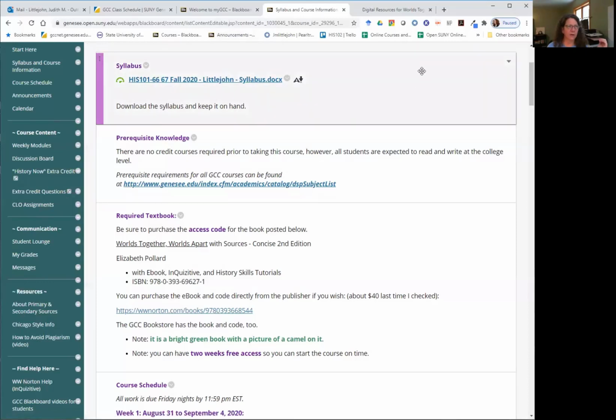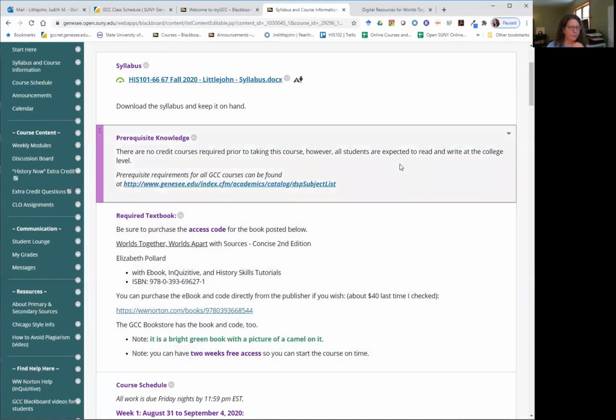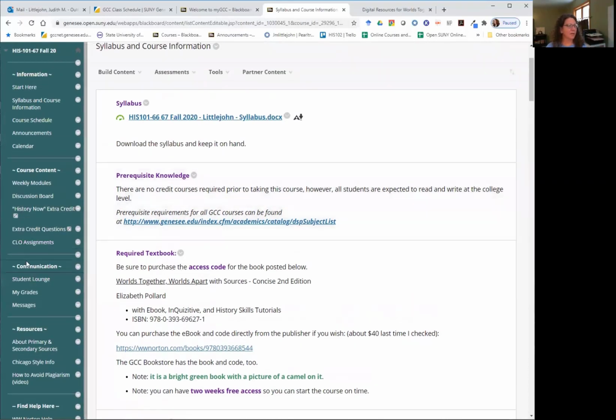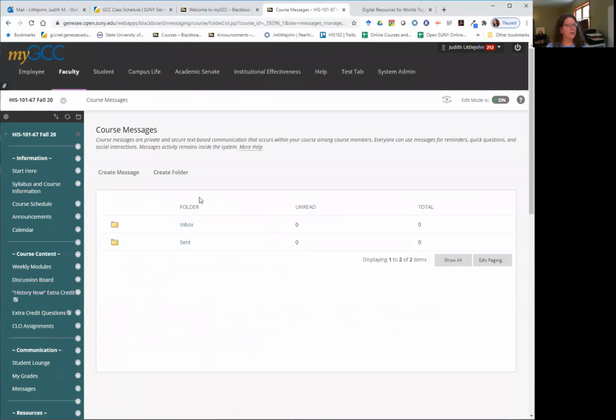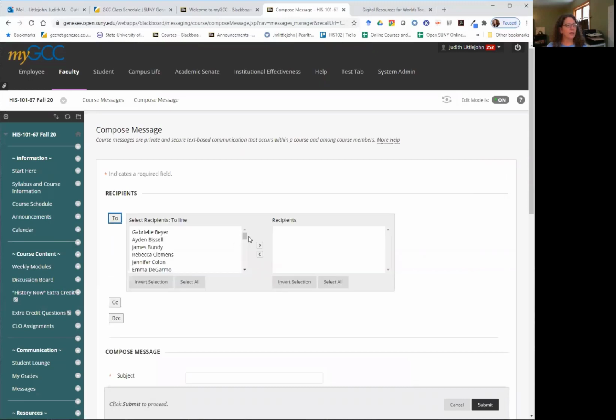If you don't understand everything, let me know. We can Zoom, as I said, we can talk on the phone. I'm always here, so don't hesitate. And you can use the messages too, down here in the communication section. You can send me a message: you click on messages, say create message, click on the word to, and then choose who you want the message to go to.